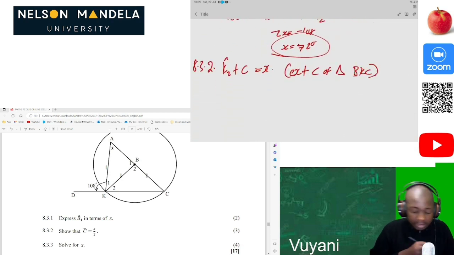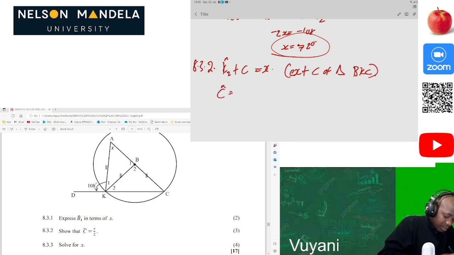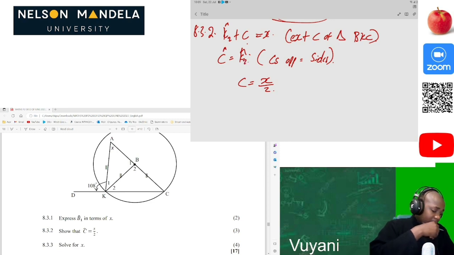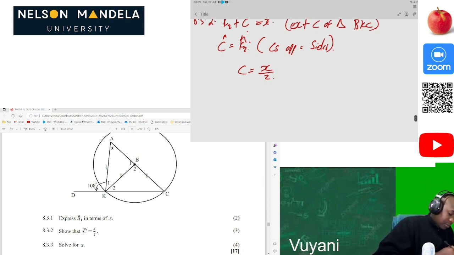Then we can see that angle C is equal to angle K2, because angles opposite equal sides. They have sides which are equal to each other. Then we can see that, oh okay, this is easy. X is equal to x over C is equal to x over 2, because this would now be x plus C. Then we have our correct answer. Now moving forward to what we want, that will be x over 2. Then we can now calculate